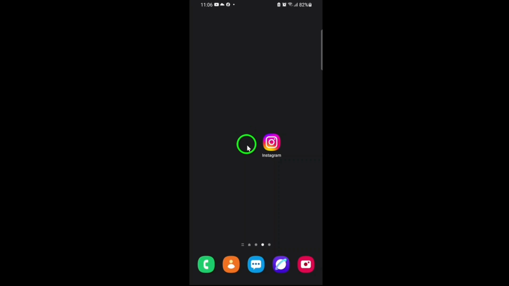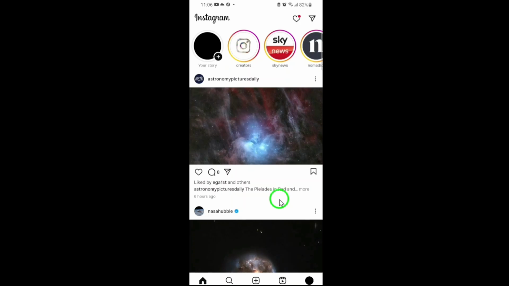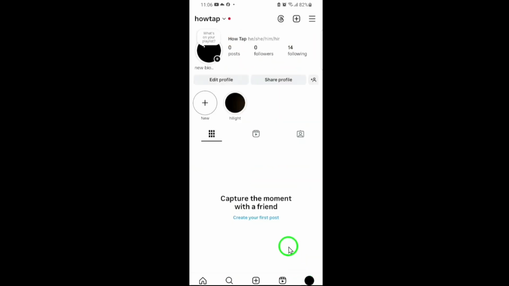Let's get started. First, unlock your phone and open the Instagram app. Make sure you're logged into the account where you want to add the link. Once you're in, head straight to your profile by tapping your profile picture in the bottom right corner of the screen. Now that you're on your profile page, look for the Edit Profile button right under your bio and tap